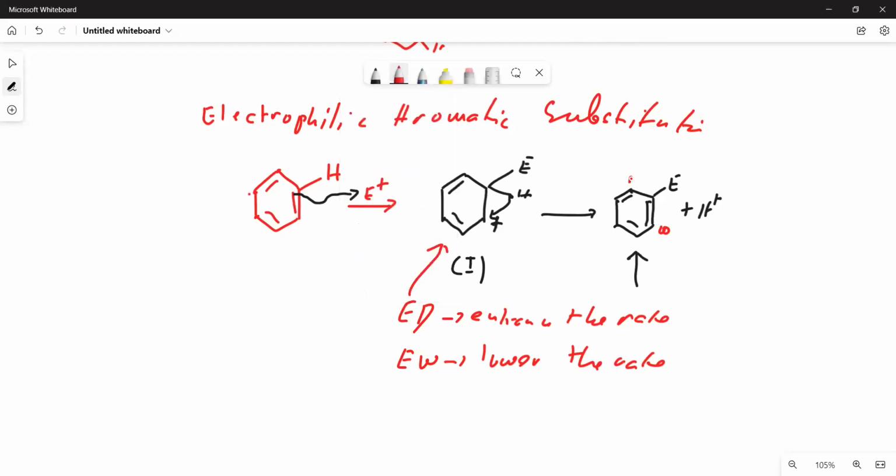You call that ortho position? Or are you going to place that at carbon number 3 relative to the first electrophile? You call that meta position. Or are you going to place that at carbon number 4? So you call that the orientation of the reaction. And you will know that if you know the nature of the first electrophile.